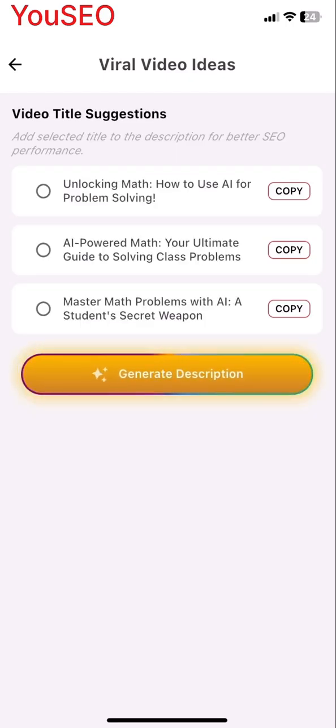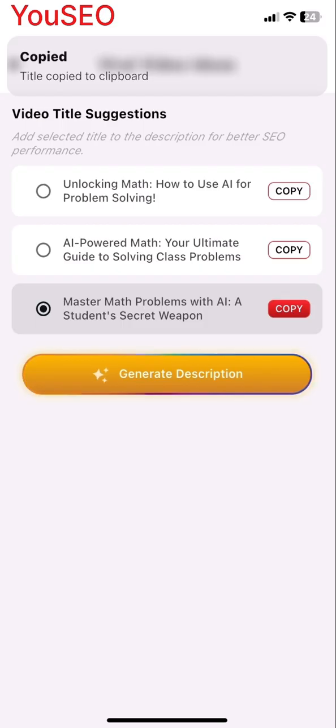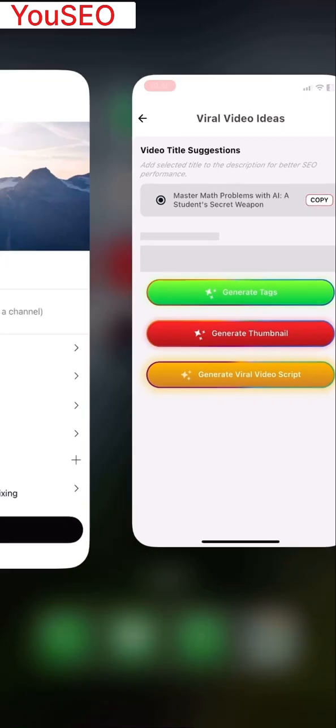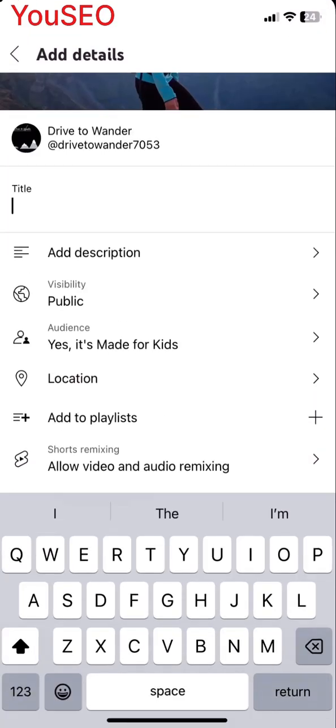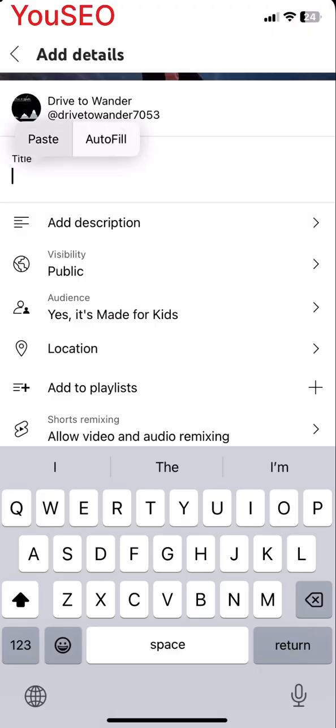Makes sense. And it's more than titles, right? It mentions generating detailed and SEO-friendly video descriptions. Yeah, super important. SEO can feel like, well, a dark art to many. How does YouSEO simplify that? And why bother? That's a great point. It's not just about sounding professional. An SEO-friendly description is fundamental for discoverability, for YouTube search.